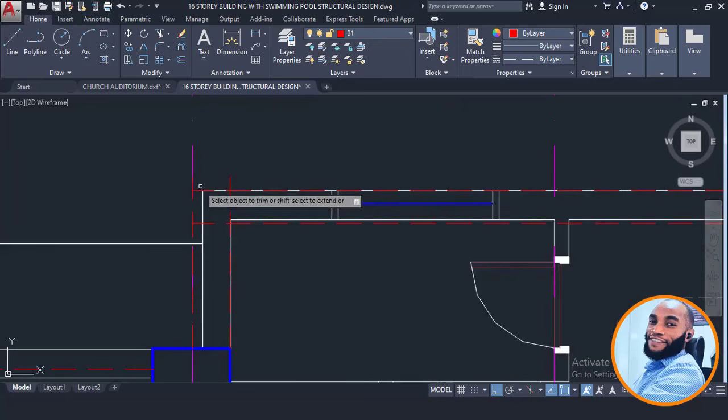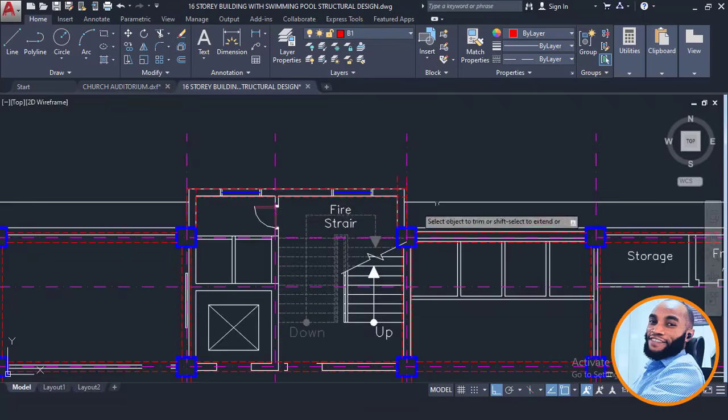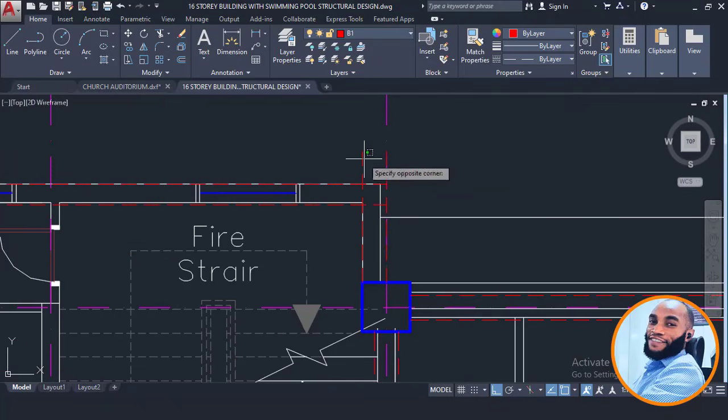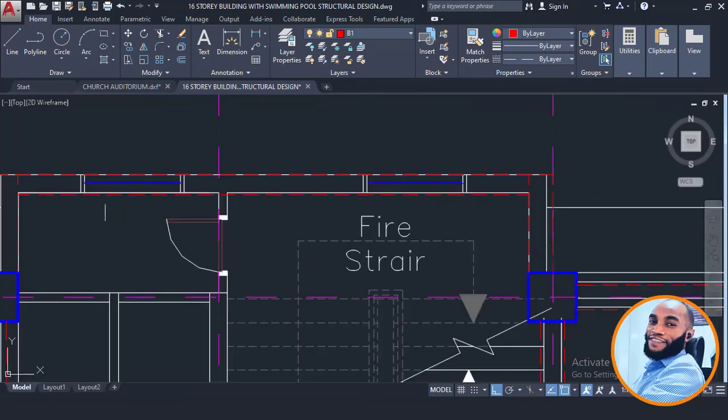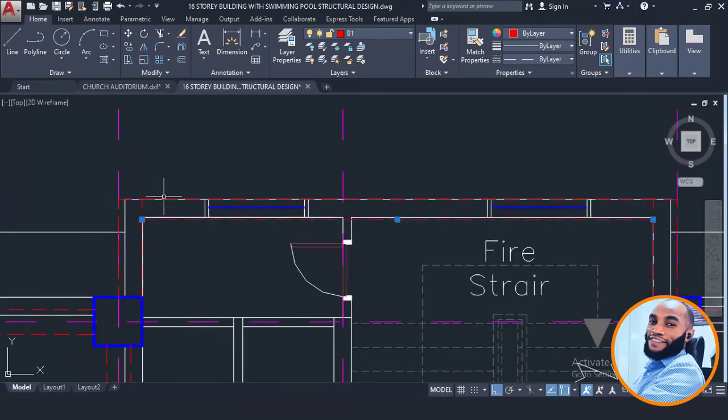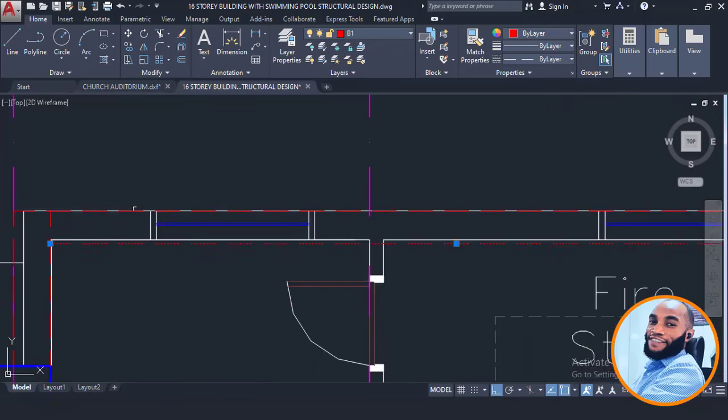And I'll have to do what again? Trim off this, and trim off this and this, and then this and this, and I'll extend this a bit all the way down here. That's fine. And I'll do this again right now. Trim off this and trim off this here. Okay, that's fine. And this should go off, and this should go off here. Okay, so this one right now that is red here becomes basically a secondary beam that is resting on the both cantilever. So I'll turn it right now to yellow,